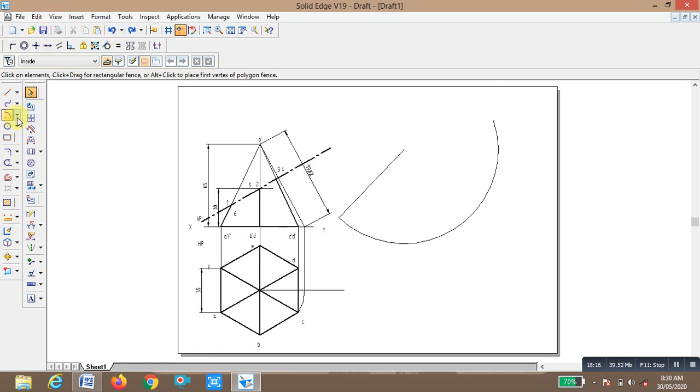Again at this point, trim one side, arc by center point. This is the end point, so 35, enter.